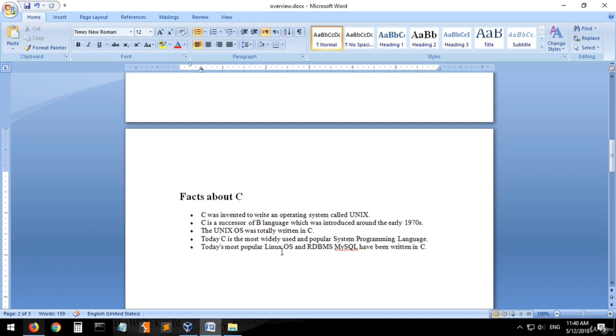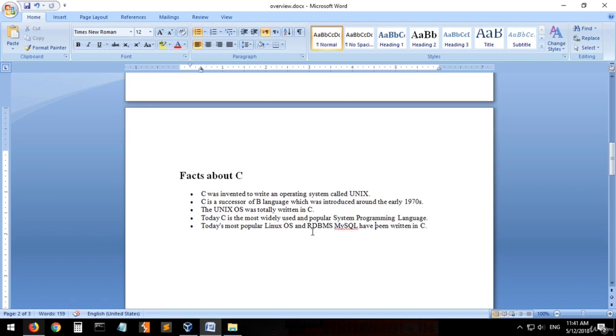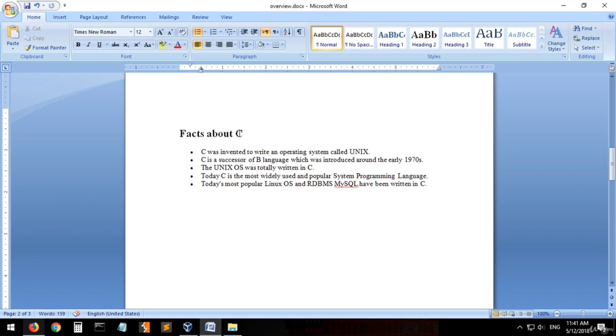Today the most popular Linux OS, Linux is similar to Unix. There are some differences, but if you want, you can read about it or enroll in our course to know the difference. Operating systems and RDBMS, the databases like MySQL, have been written in C. So it's an interesting language.